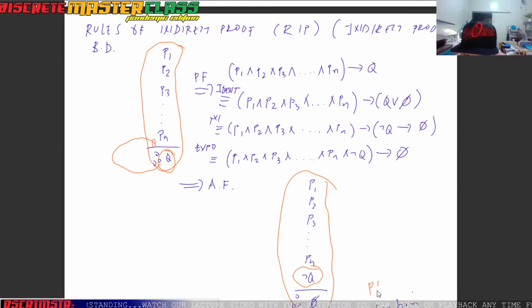Ang contradiction is P and not P. That is 0. Let's contradict. Meron kang P, tapos kinokontra niya yung P, which is not P. Take note that P and not P is always 0. That's what you call contradiction. Okay? Let's demonstrate